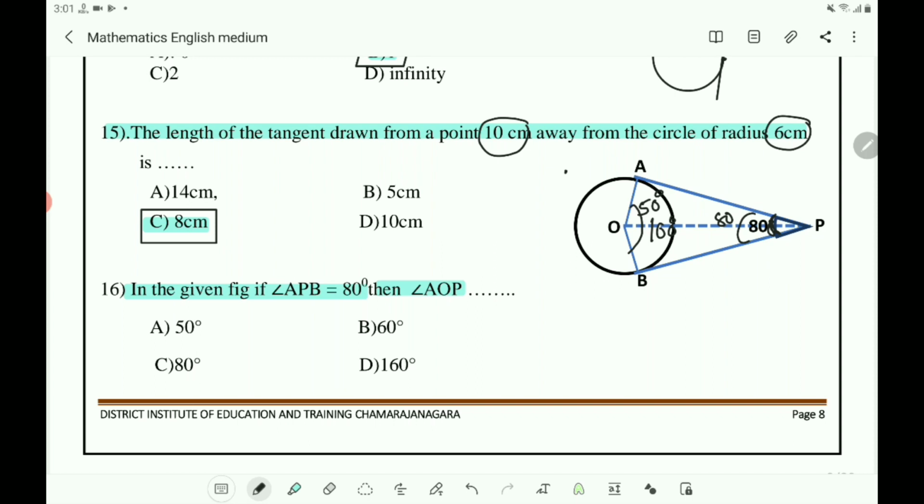Or in the other way you can take this angle. This angle is half of 80, that is 40. And also 90 minus 40 degree is 50 degree because this is 90 degree angle. So in two ways you can get the measurement of this angle. One is 180 minus 80, this whole angle is 100 degree. Half of this 100 is 50 degree. So what is the answer? Option A is the answer. Note down it.